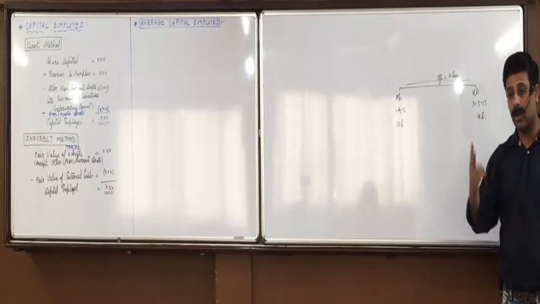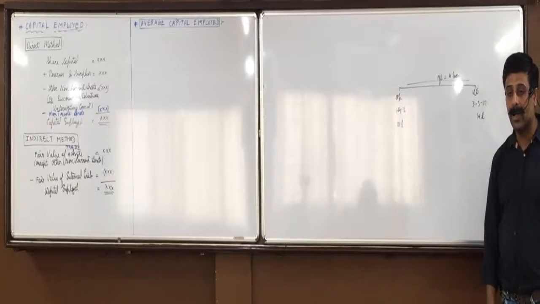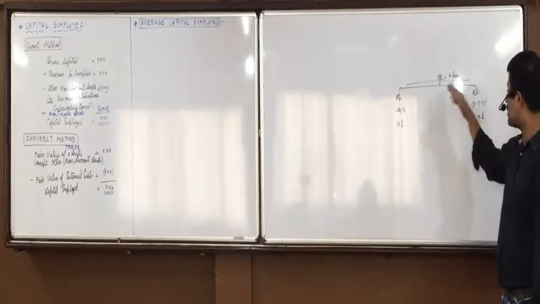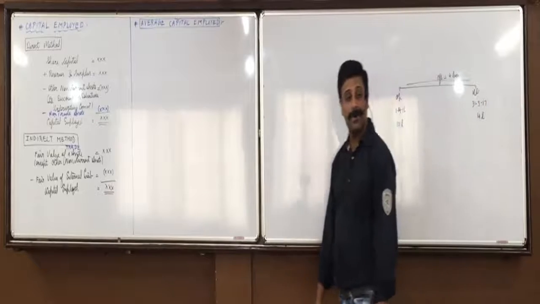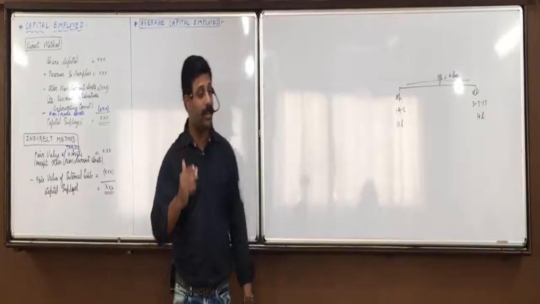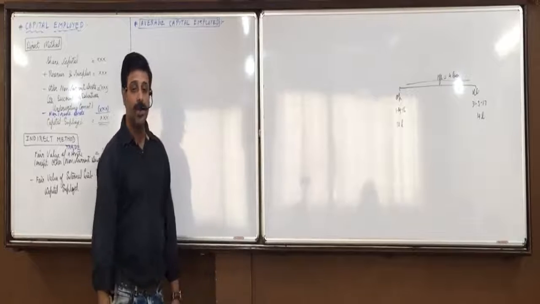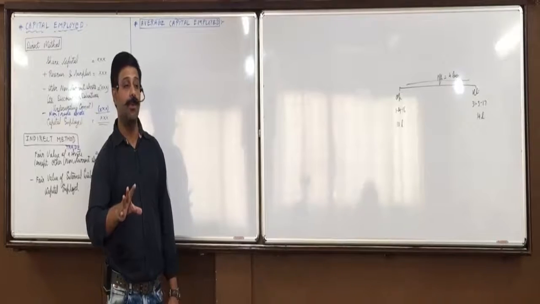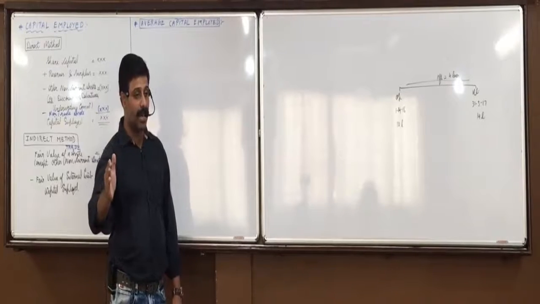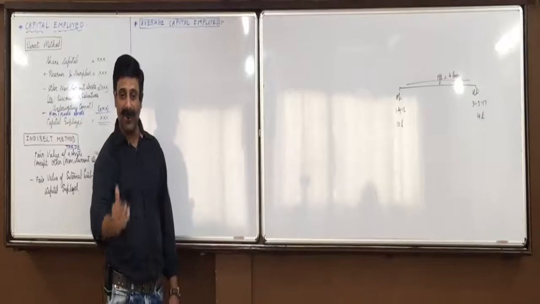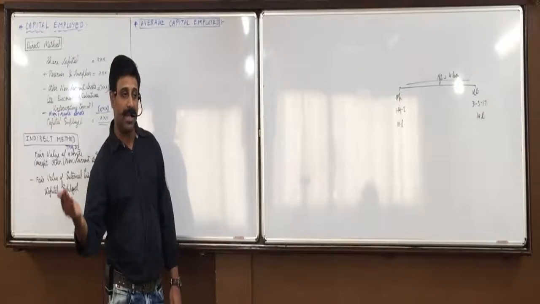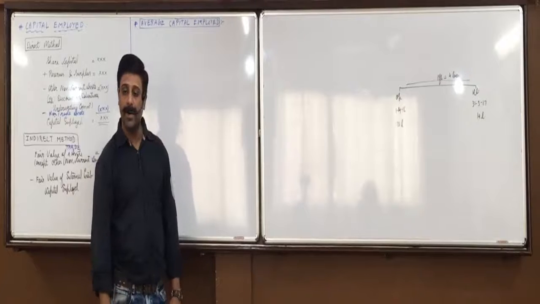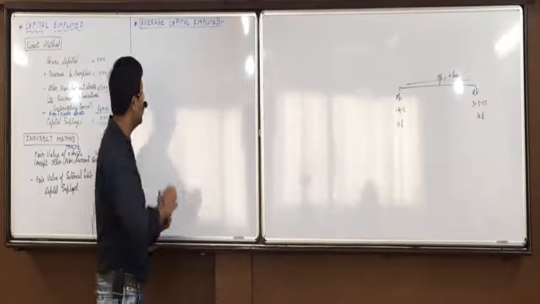Second way is, in 10 lakhs you add half of 4. What is half of 4? 2. 10 plus 2, 12 lakhs. Or third way is, from 14 you subtract half of 4. 14 minus 2, 12 lakhs. So three different ways of finding the capital employed: opening plus closing divided by 2, or opening plus half of the profits of current year, or closing minus half of the profits of current year. Did everyone understand this? So write down.